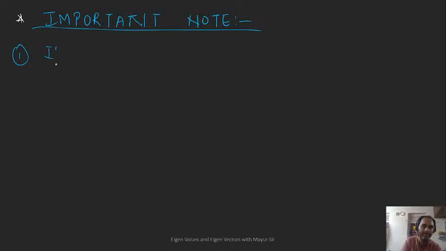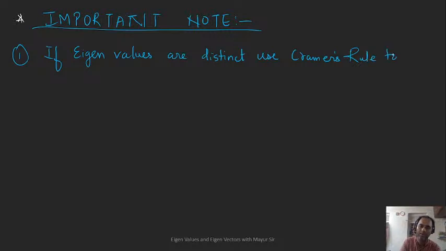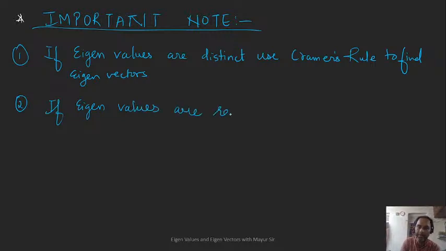So first thing, if eigenvalues are distinct, use Cramer's rule to find eigenvectors. Second, if eigenvalues are repeated,